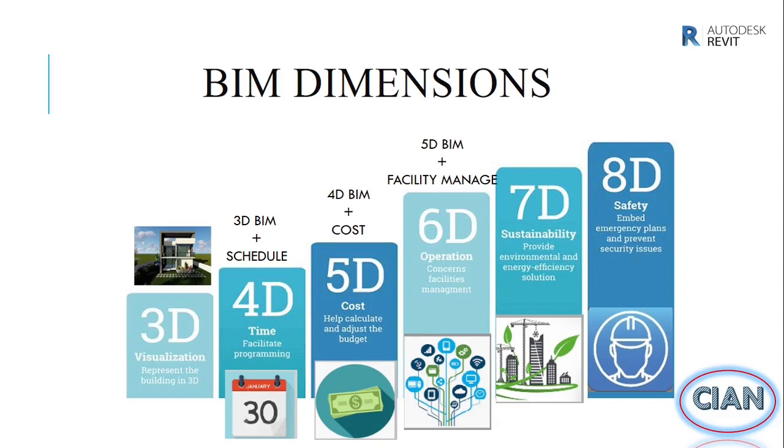Let us see the benefits of 6D BIM dimension. It makes decision making very easy and fast. During the project life cycle, 6D BIM brings about a detailed analysis of the economic and operational aspects of the project. Now let's see 7D BIM dimension. 7D BIM basically comprises 3D plus time schedule plus cost intelligence plus sustainability. Builders and project managers alike make use of 7D building information modeling in the maintenance and operation of a project throughout its entire life cycle.